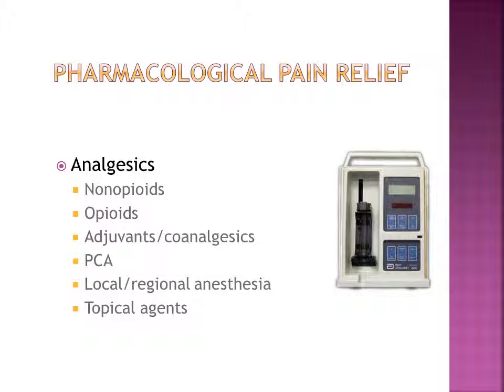Local and regional anesthesia are used in a variety of conditions, including labor and delivery, chronic cancer pain, and selected postoperative procedures. It includes blocks of specific areas, epidurals or spinals, which may be continuous infusion or intermittent injection, and perineural infusion pumps, which are pumps that have local anesthetic placed near a nerve or group of nerves in a surgical wound. I've seen these most often in shoulder surgeries.